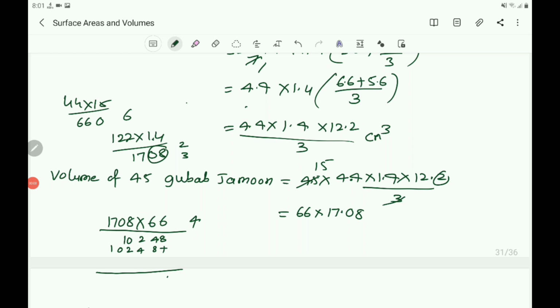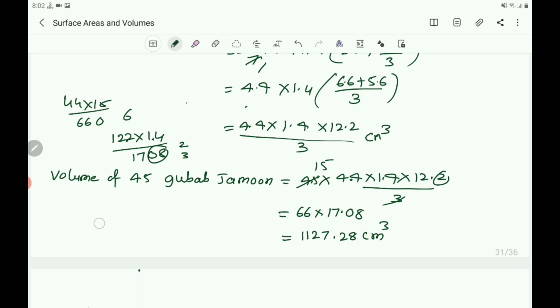It is 8 plus 4, 12, and 4 plus 1, 5, plus 2, 7. 2, 1, 1. So it becomes how much? 1127. You know that the decimal point is 08. Here also you take 2 digits after the decimal point. That becomes 1127.28 cm cube. So the volume of the 45 gulab jamun you got